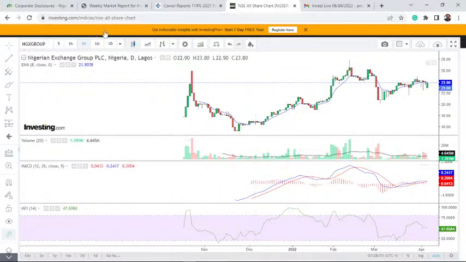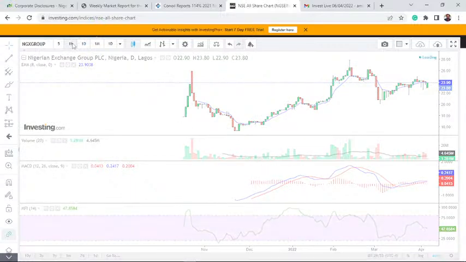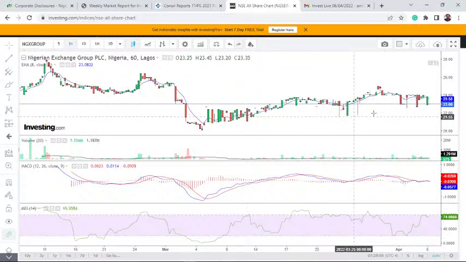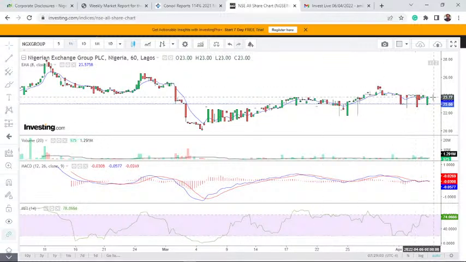But let's quickly confirm the state of the stock. Let's look at the 1 hour chart to know the strength of the stock as we speak now. That will give us more insight. You can see that as we speak now, it's still trading, yes, marginally. Let's watch before we come out. But the stock is not looking bad as such.